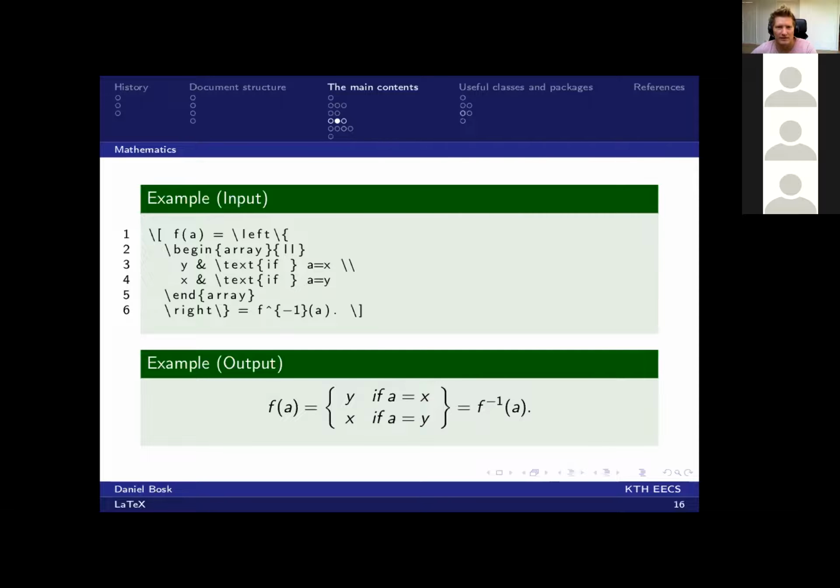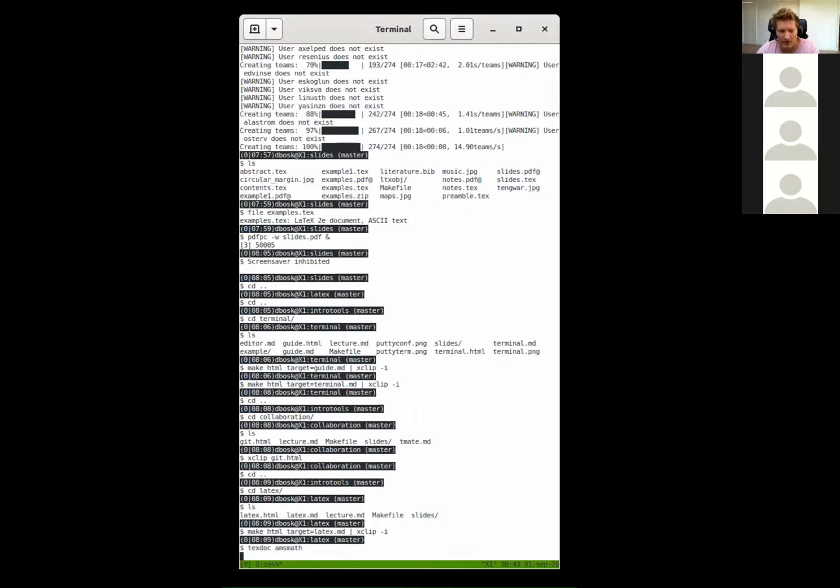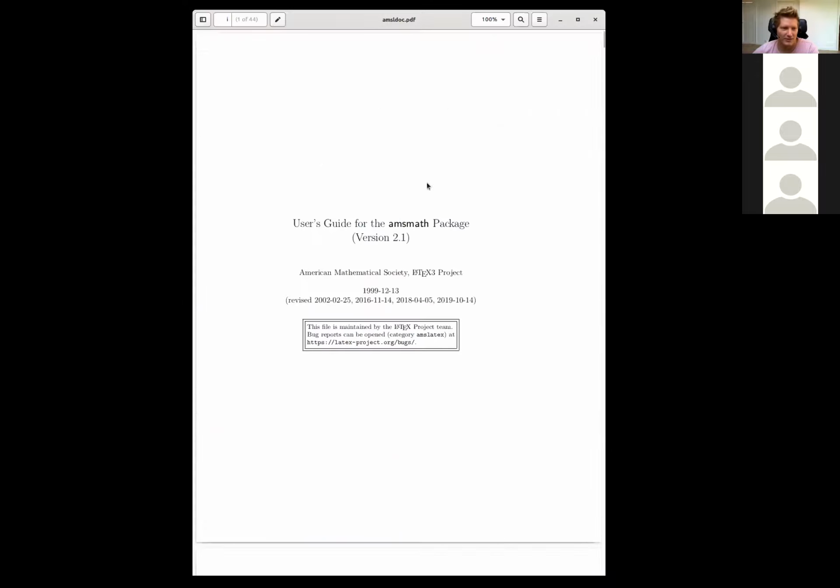Another way of getting at that is to get to a terminal. So you see my terminal here now. You can just type texdoc amsmath if you have it installed on your system, and it will actually open a PDF for you. Now I have to change the window I'm sharing. And then it will bring up this PDF for you, which is the user's guide for the amsmath package,